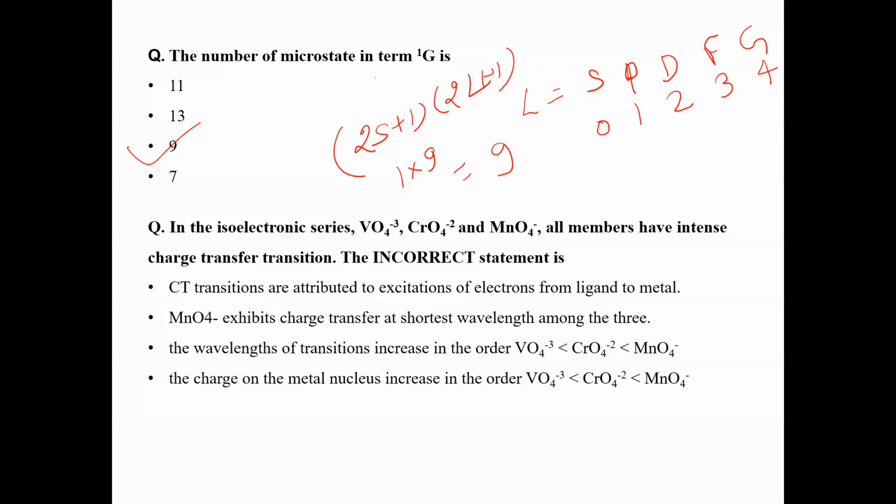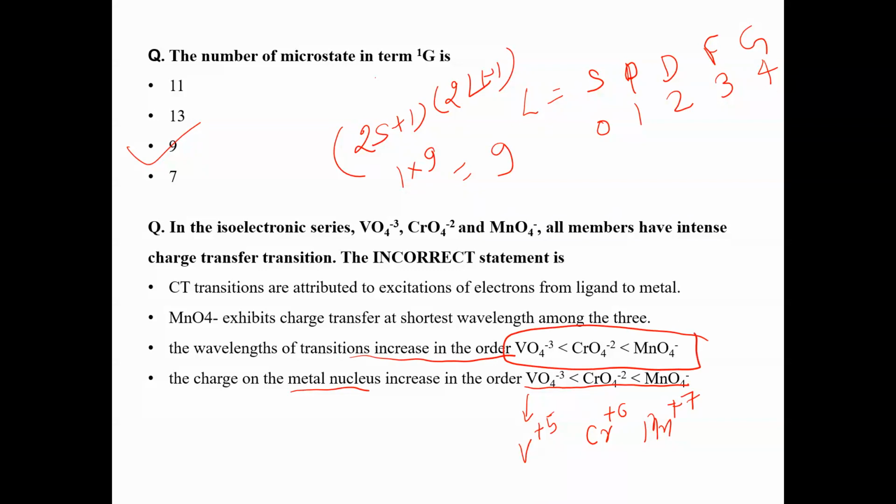Okay, if I talk about the charge on the metal nucleus, here it will be, I think, plus 5, right? Here it will be plus 6, and here it will be plus 7. So the charge order is correct. Okay, the wavelength of transitions increase in the order because the oxidation state is increasing. There is a higher chance of ligand to metal charge transfer, and there will be higher intense charge transfer transitions. So the wavelength of transitions will also increase in this order,